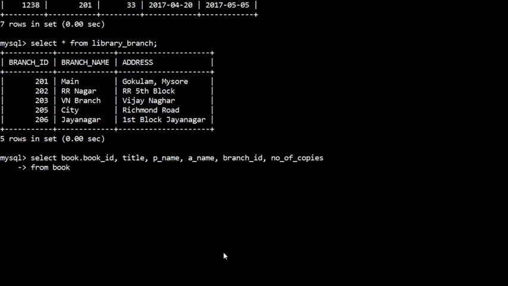So you write book natural join, since the attribute name is the same, so I'll use natural join authors, and again the result of this is joined with book copies. Okay, and end this with the semicolon.